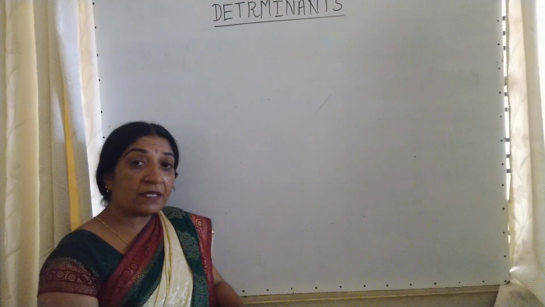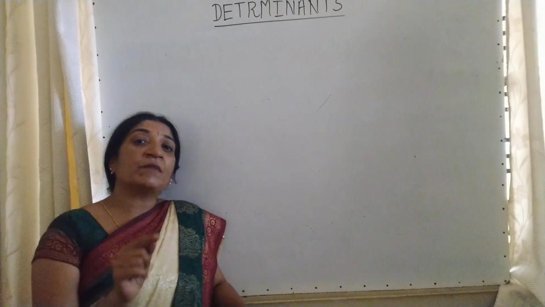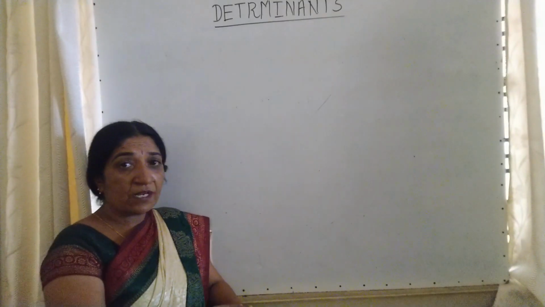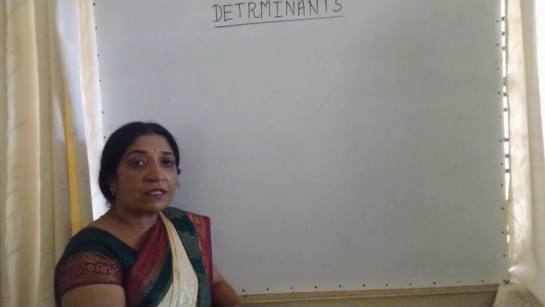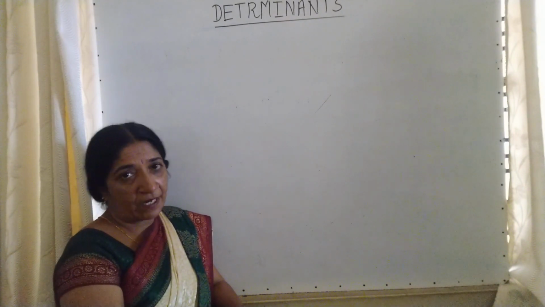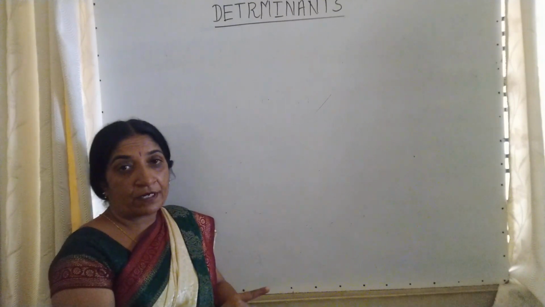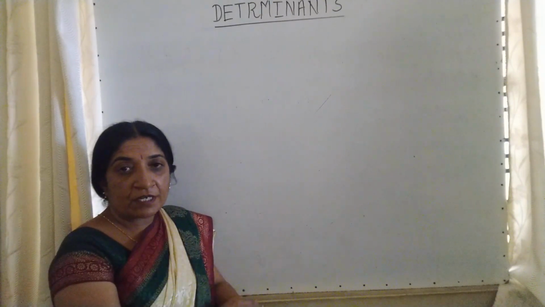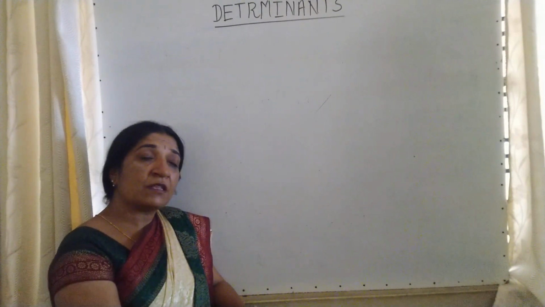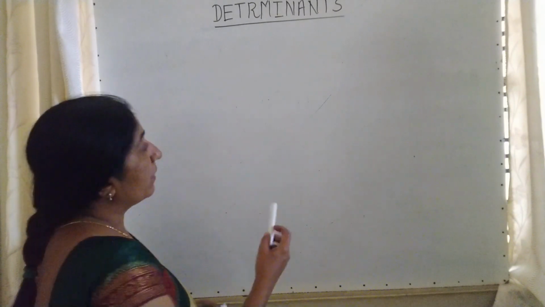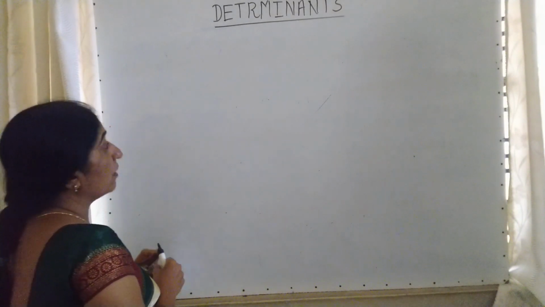So what is a matrix? In the matrix, you know that the numbers are arranged in the form of rows and columns. And in that matrices we have studied different types of matrices, and the determinant is related only with square matrix. Underline that the determinant is related with only the square matrix. That means I am explaining with the definition and example both.